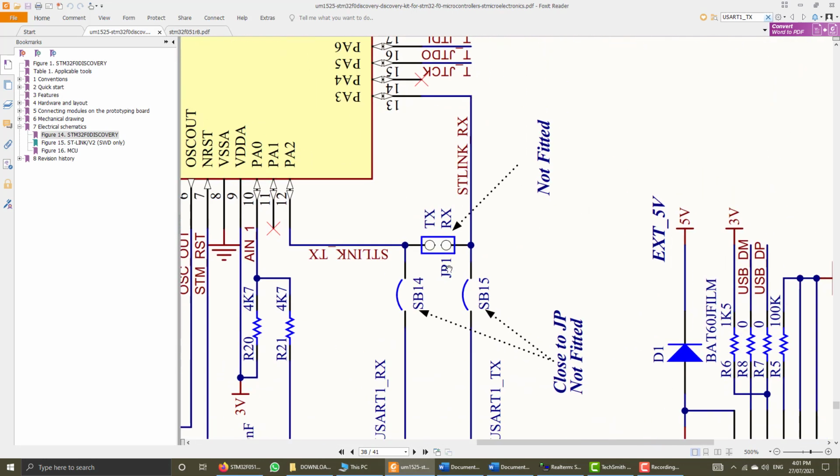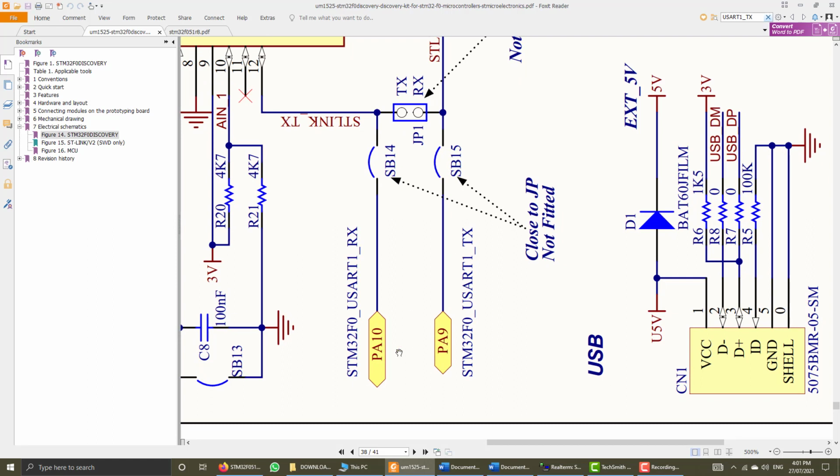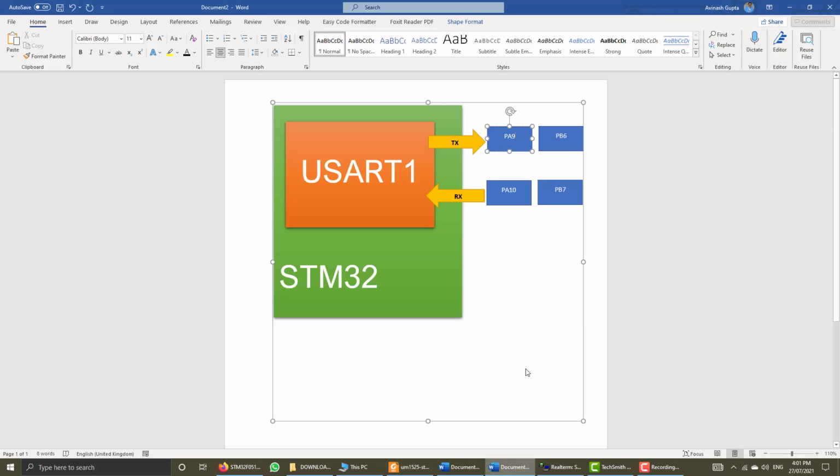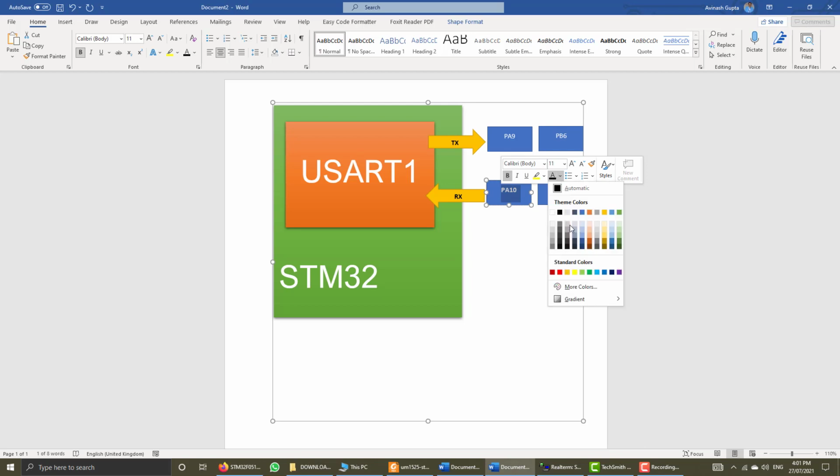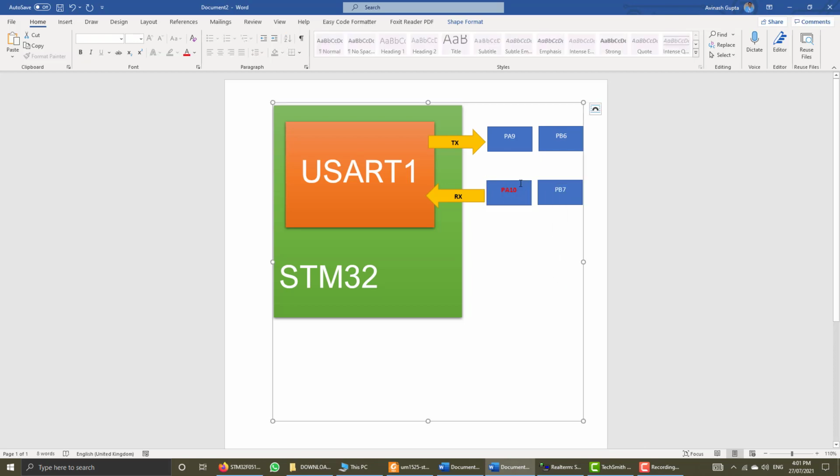this converter part, and here we can see that RX is connected to PA10. So this one is used in this discovery board. I will make it bold and change its color to red so that we can know this one is used in our discovery board.